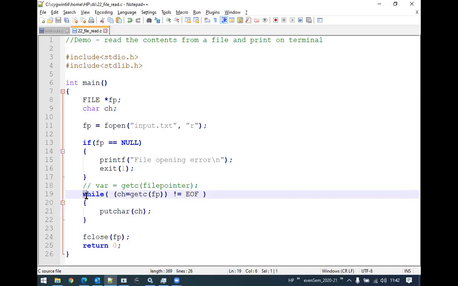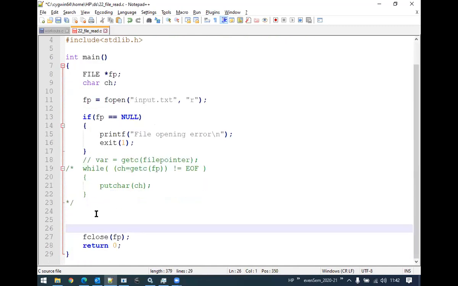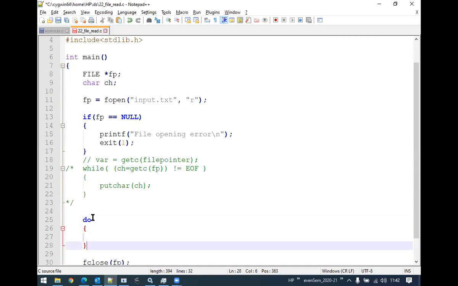Now we can make use of the while loop to do that. If you find that this particular code, this condition, is confusing to you, we can make use of the do while loop as well. But there will be a problem if we make use of the do while loop. Okay, I will tell you what the problem is by just writing a simple code again. Let me comment this line as of now, and let me write a do while code for that. Okay, now do while, so do its content, and then at the end we will have a condition, that is while.